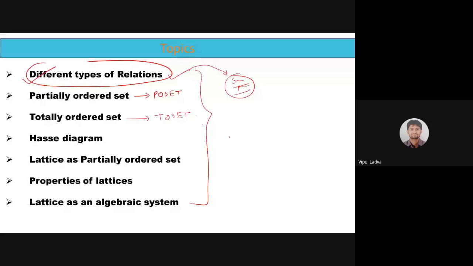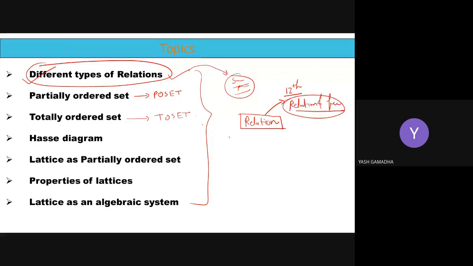बता पाएगा कोई मुझे? What do you mean by a relation? Relation क्या है? पता है किसी को? In your 12th syllabus, you have a chapter called relation and function. याद है किसी को? Yes, sir. Symmetric, transitive और reflexive वगैरह. Yes, reflexive, symmetric, transitive, ये सारे types relation के. But मैं क्या पूछ रहा हूँ? What do you mean by relation?